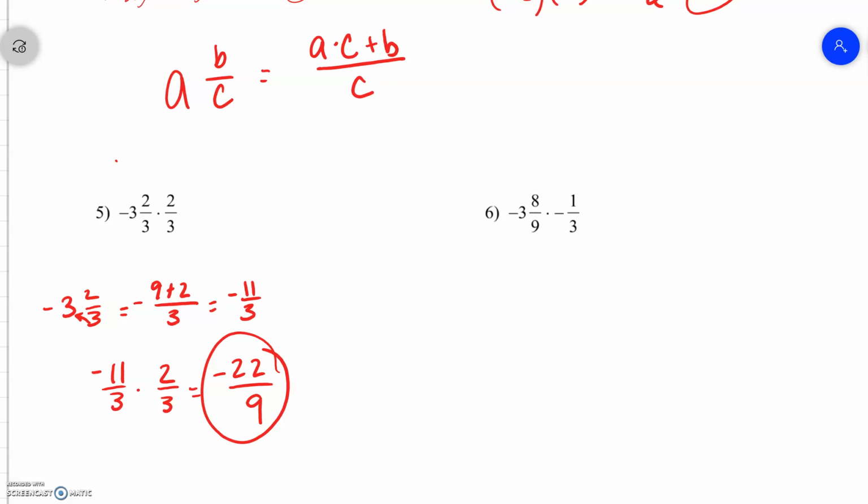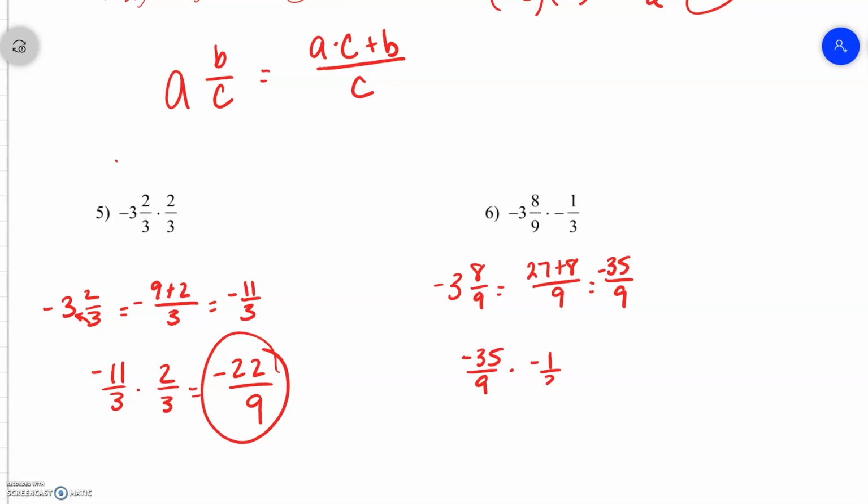All right, last problem for this video. Looks like we have another mixed number, so if I follow my pattern of the denominator times the whole number plus the numerator, I'm going to take 9 times 3, which would be 27, plus 8 over 9, and 27 plus 8 would be 35 over 9, and I still have that negative hanging out. Don't forget about that negative. All right, so now I have negative 35 ninths